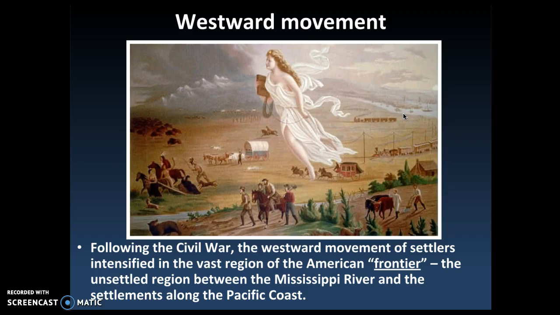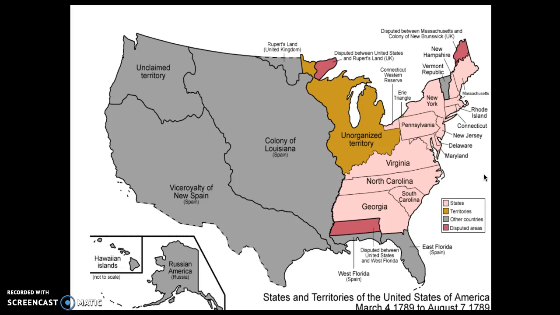Okay, at this point, we have the South, we have the North, of course, and then where we will start today is going to be the West. And after the Civil War, the West and the North are going to have very different stories than what the American South was having during the Reconstruction era. Following the Civil War, a lot of Americans did decide to move west to explore a lot of that region, now that the war had ended and a lot of the territory and things that they were accustomed to had been either destroyed or even hurt even more.